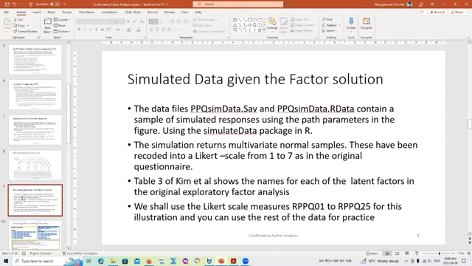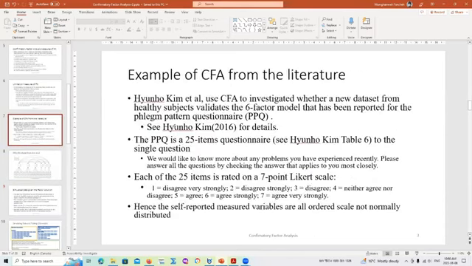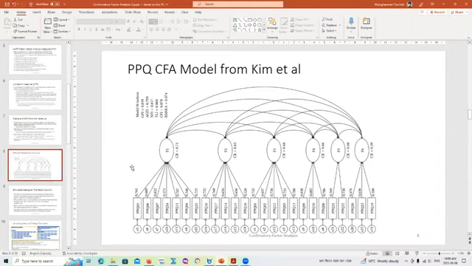Any questions there? Please read this manuscript to see the description of the items and what they did. What they actually did was try to do a confirmatory factor analysis by testing on a new set of data that they collected. This is a factor solution that has been proposed for a long time and is being used on this scale. They obtained a new set of data, and then they tried to reproduce it.